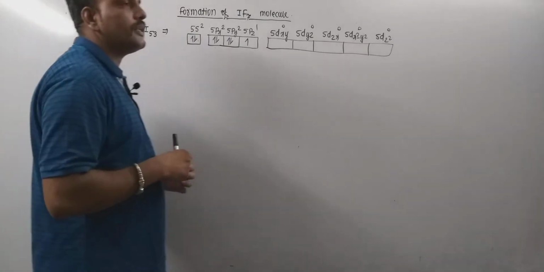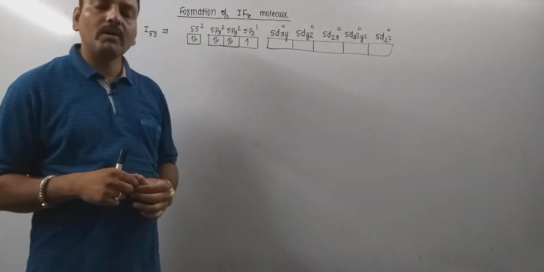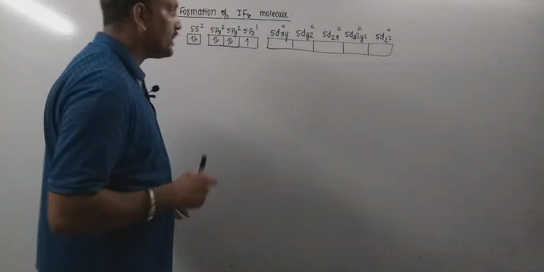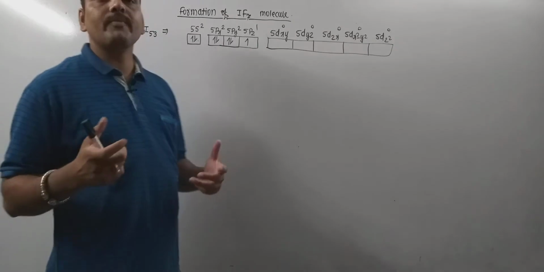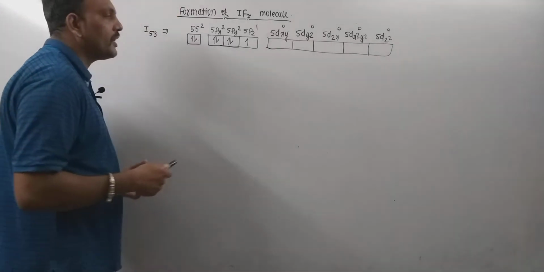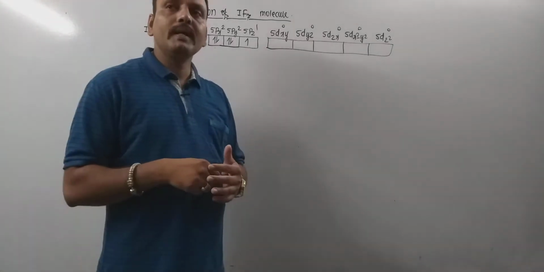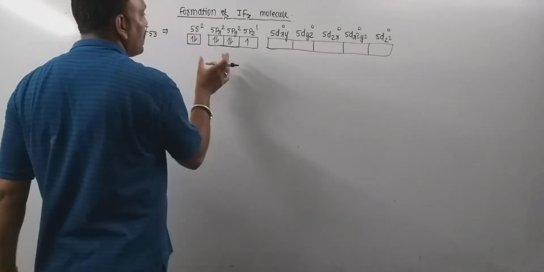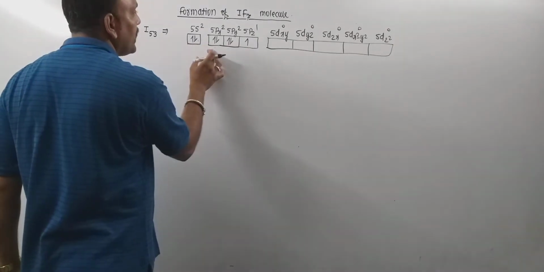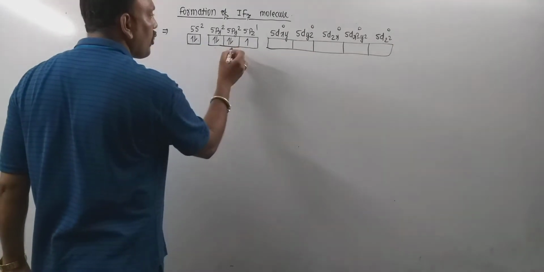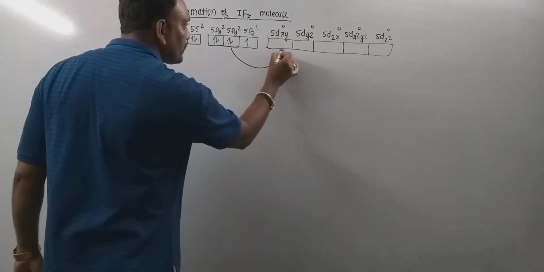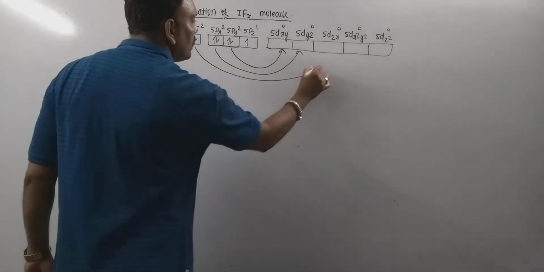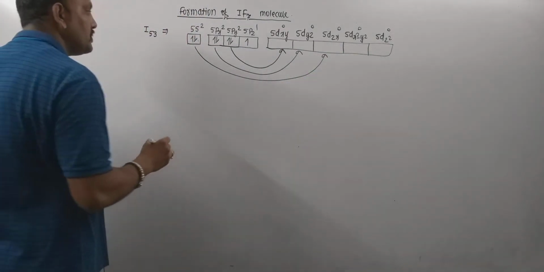We know very well that very first step involved in the process of hybridization is the formation of excited state. If possible, central atom prefer to undergo excitation by transferring electron from the lower energy orbital to the vacant higher energy orbital of the valence shell. Right here we are having 5s, 5px and 5py as a fully filled orbital. So these orbitals transfer an electron to the vacant d orbital of the valence shell.